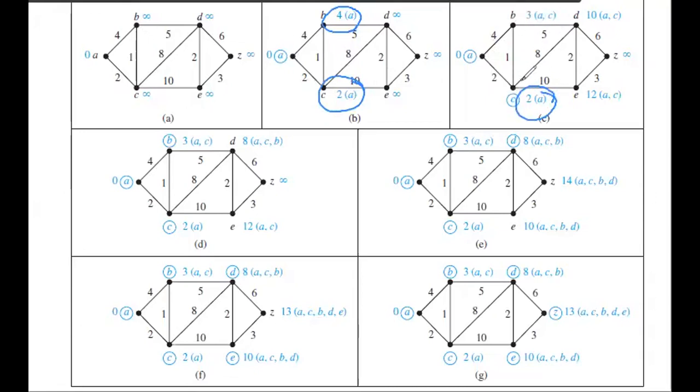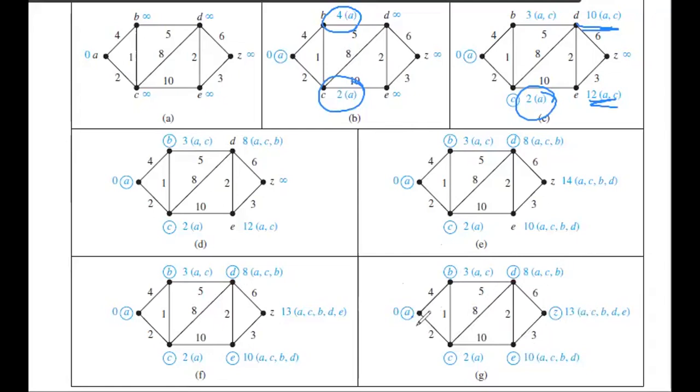Then from C, the other vertices that I can travel to are B and D. The same have been written. And this way you have to create a series of diagrams in each step and keep updating the weights at each vertex and accordingly give the route that you are traversing through. So if you look in the last diagram, from A, the shortest path to C is 2 and the shortest path to B is from A to C and then reaching B. Similarly to D is from A, C, B and then D, the length is 10 and finally to Z it will be 13.